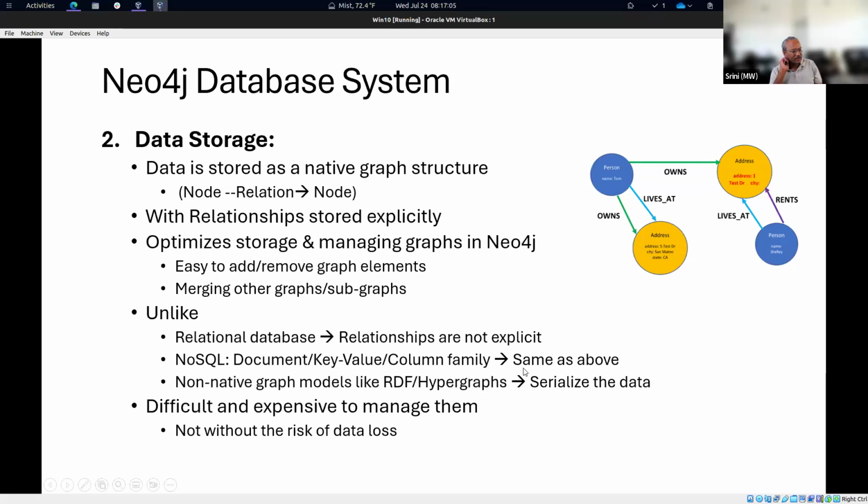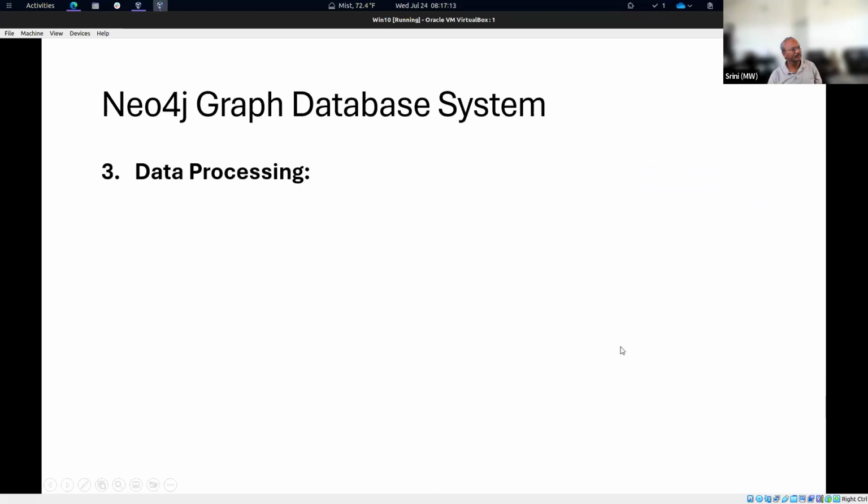And of course, there are some workarounds to mitigate these issues, but not without the risk of data loss and some expensive solutions. So when it comes to the data processing,